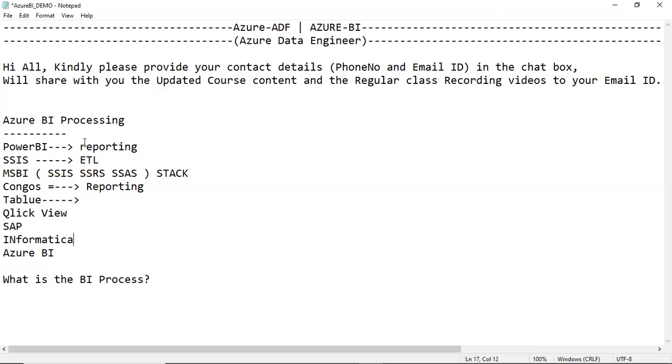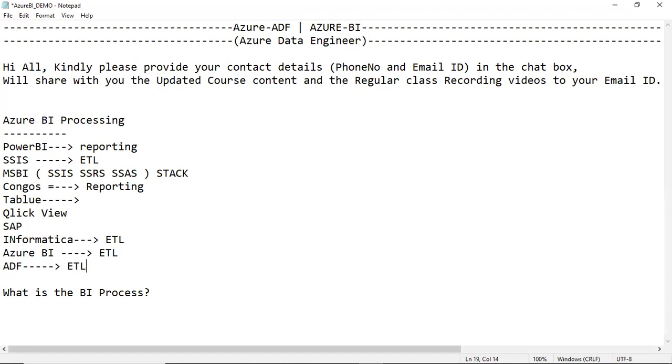If you talk about Informatica, they have their own tool for ETL. Again in Azure BI we have many things, a complete stack. We have ETL, data analysis, reporting, many things under Azure BI. If you want to go specific, there is an ETL tool, the most powerful tool that we currently have in the cloud. That is your Azure Data Factory. Why it is the most popular and powerful transformation ETL tool, I'll tell you how.